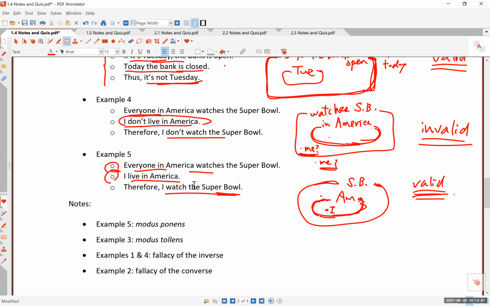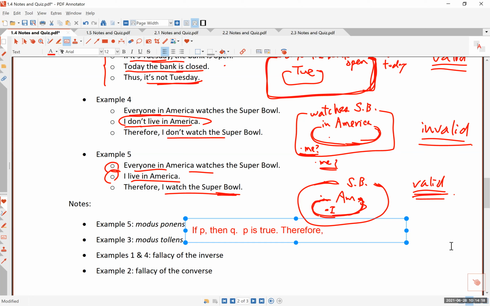And this last one, number 5, it's the logical rule, and you can read more about this in section 1.4 of the book. But the argument type we use here in example 5 has a fancy Latin name, modus ponens. This is saying if P, then Q. If that is true, and then you can establish that P is true,